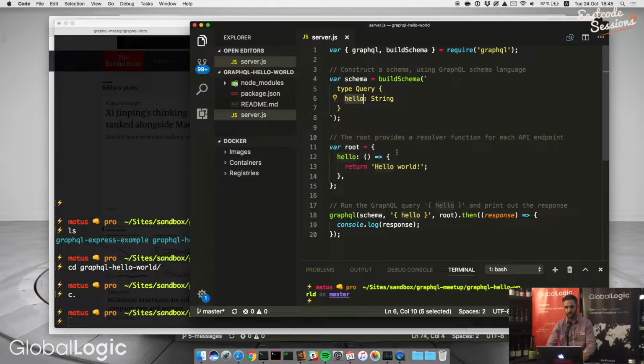That field's called hello. And then we try to put this together somehow with the help of the GraphQL JS package. We give it a schema. We give it the actual query we're asking. And then this root helps resolve the answer for the query. So when we run this,